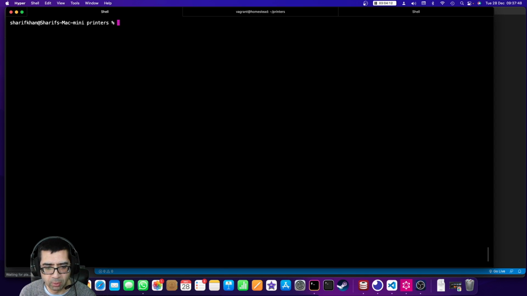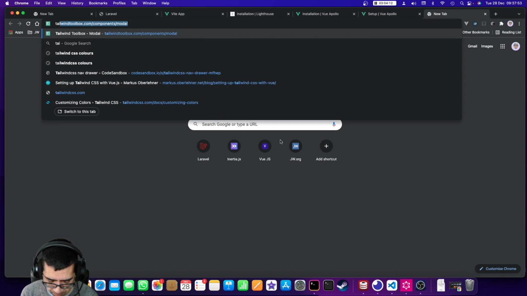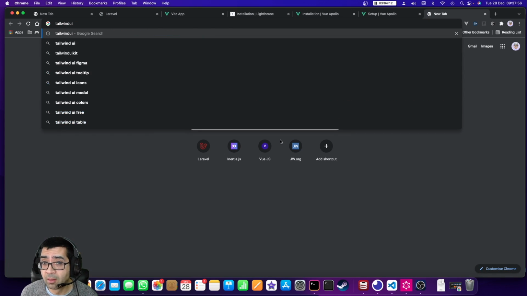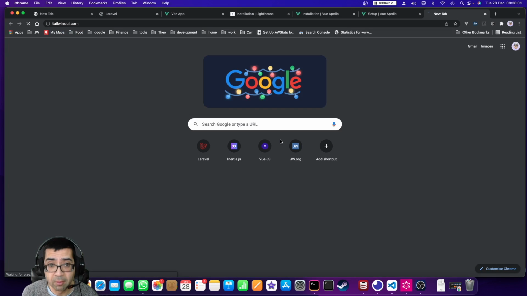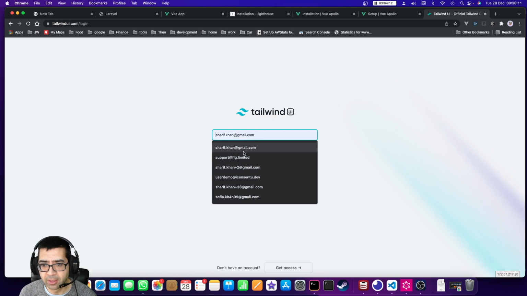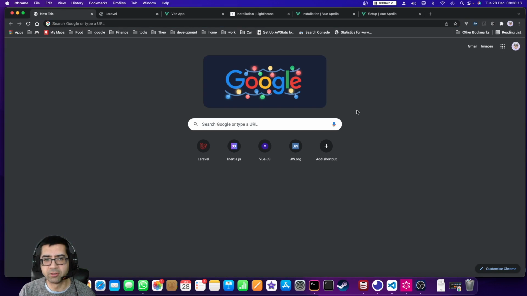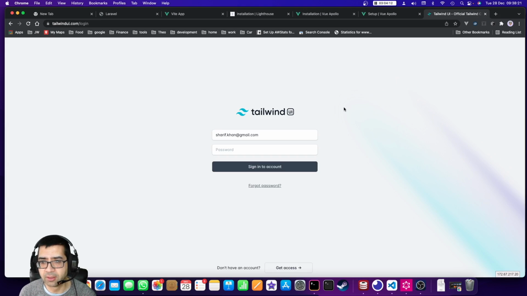And the one paid for product is this one. So I've actually bought this. I've bought the license to use this, and all it is, I don't know where my login. Oh, I've done it on Safari. That's fine. Okay, so anyway, Tailwind UI is just, we'll be using Tailwind, which is obviously a free library, but